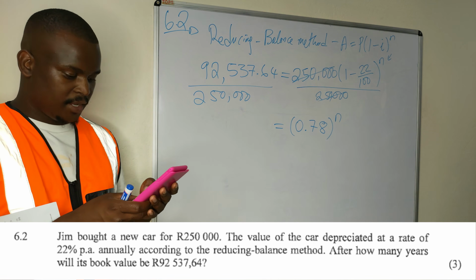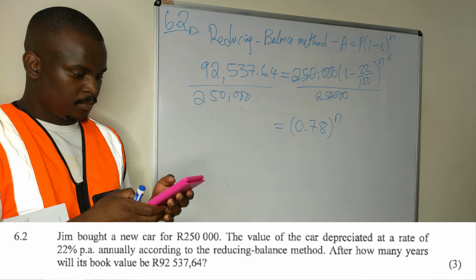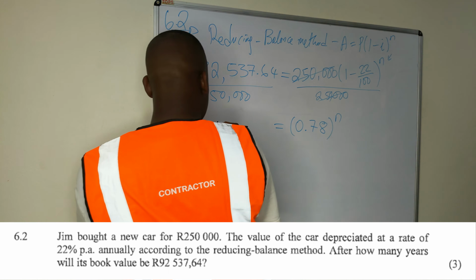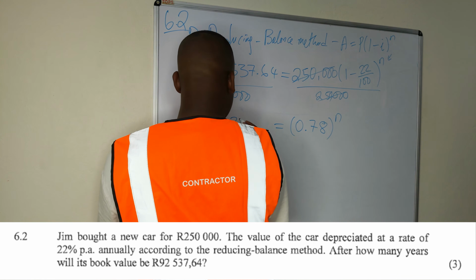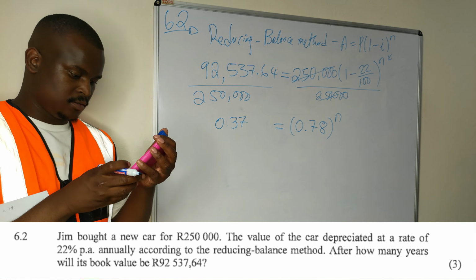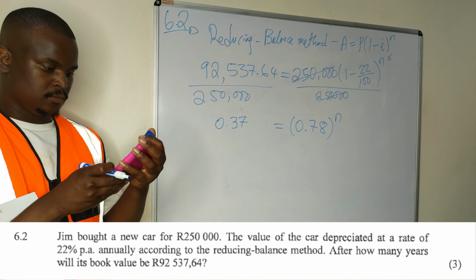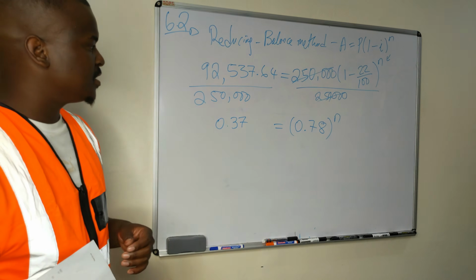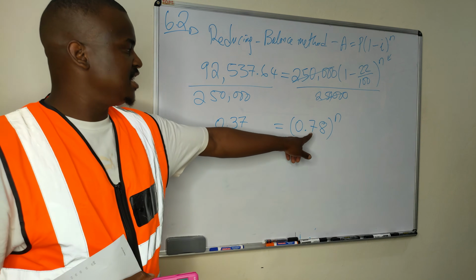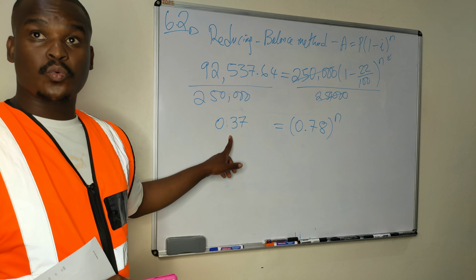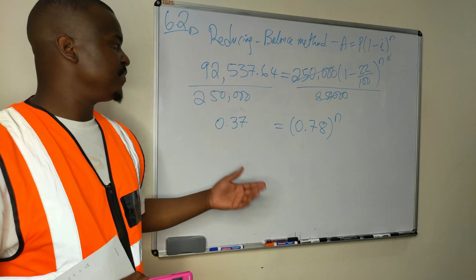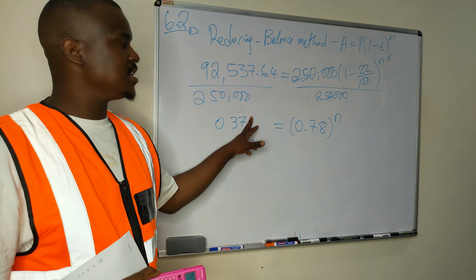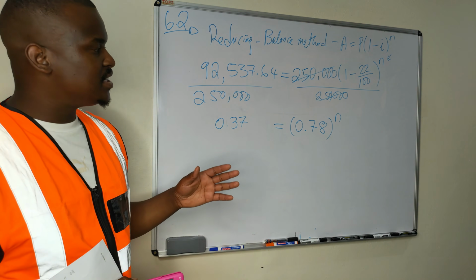92,537.64 divided by 250,000. So you'll discover that this is 0.37. You have this. So when you're doing exponents, it would have been nice if these bases were the same here, because then for this to be identical to this, they should have the same power, right? But these two are different. So when you're dealing with